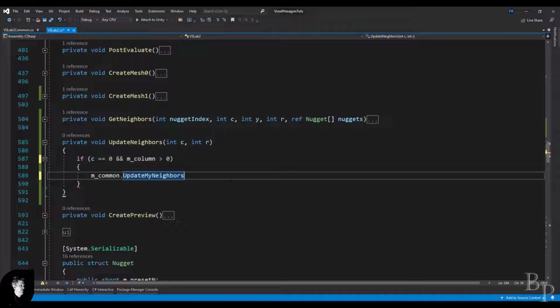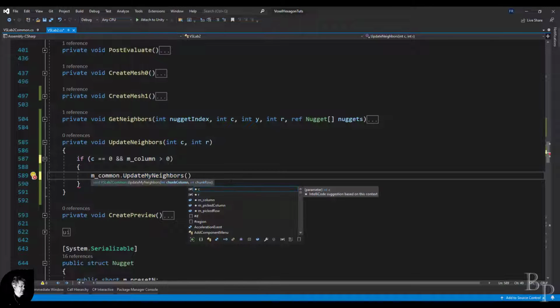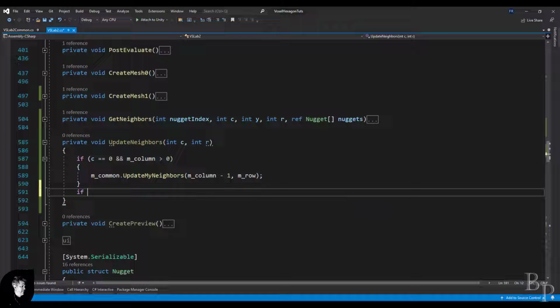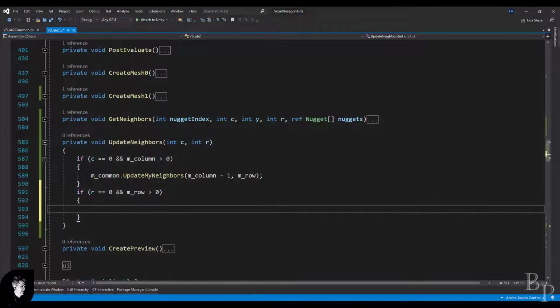So my nugget is on my 0 column, and my chunk's column is greater than my 0 column. So just like before, that's the one I want to update. If my row is equal to 0 and my chunk's row is greater than 0,